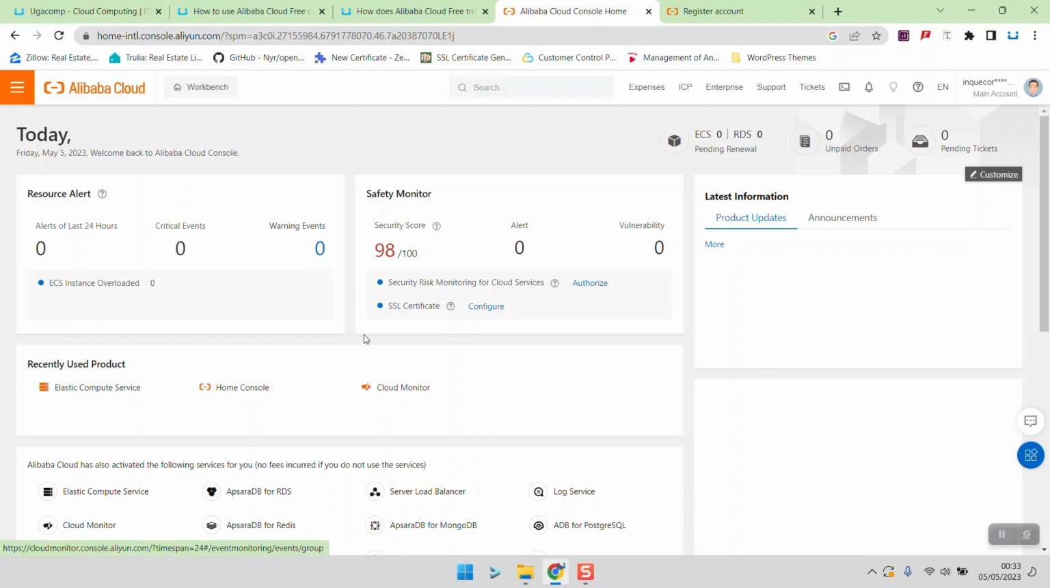Now, how do we get the free credit? As I said, when you're a new user, make sure you are a new user. If you've ever signed up for Alibaba, the free credit won't be available to you. This offer is only for people who have never signed up with Alibaba Cloud. So make sure this is your first time signing up. When you sign up as a new user on Alibaba Cloud, you automatically qualify for the free credit